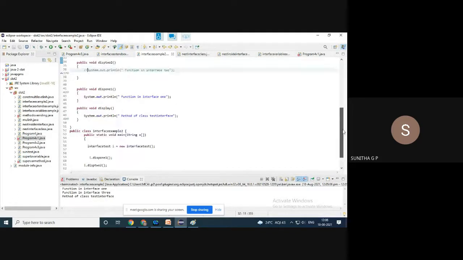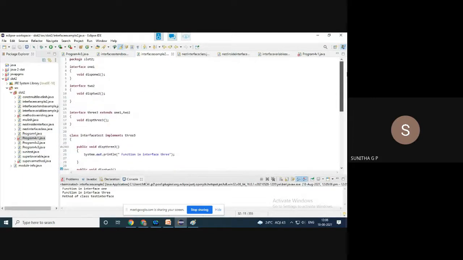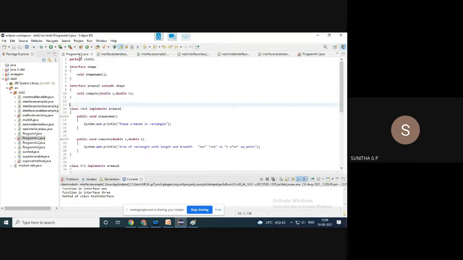So you can create another class, and it can inherit only the required interfaces. That is how you can create as many classes as you want, and they can make use of only the required interfaces. This is the flexibility and the reusability of code that we get in Java because of these concepts. And the same program 4.3, I have made it so simple.